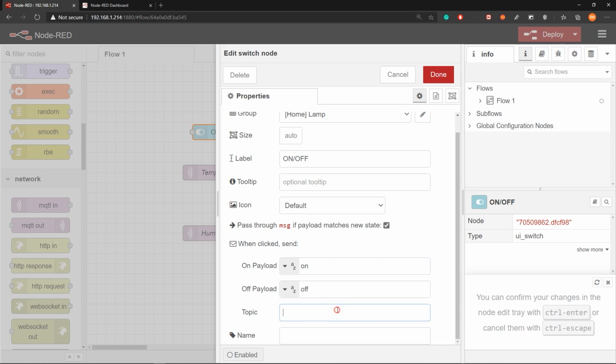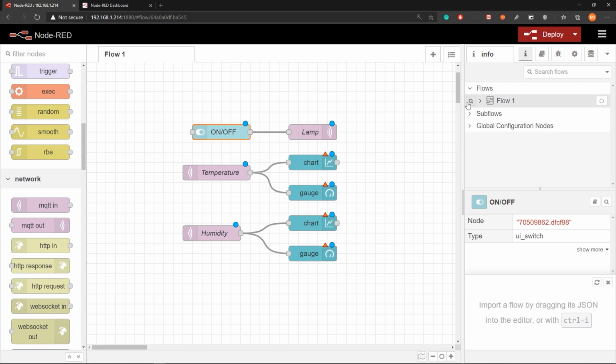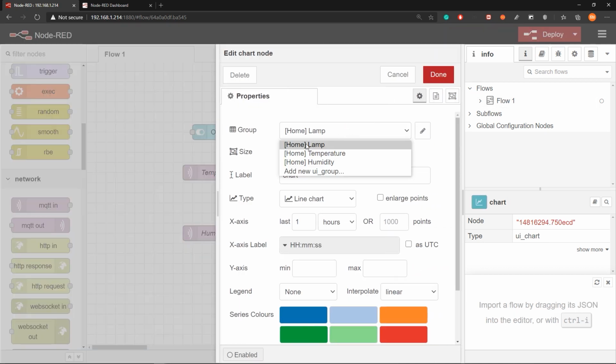Fill the topic name, so the topic here is home/lamp. Click on done.